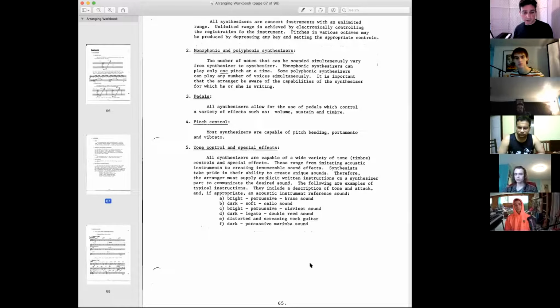So, for example, the first example there: bright percussive brass sound. And I would note that a brass sound on a synthesizer does not sound like a brass section, not really, unless it's a really good sample. And that's something I should also mention: there is a difference between a sampling keyboard and a synthesizer. Nowadays, a lot of you have machines that do a combination of things, and a lot of times